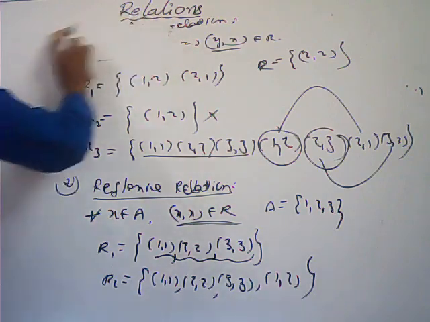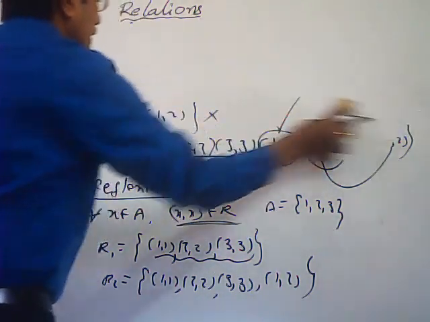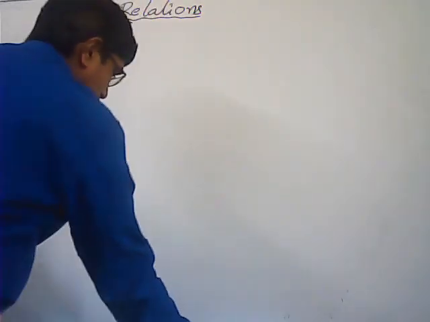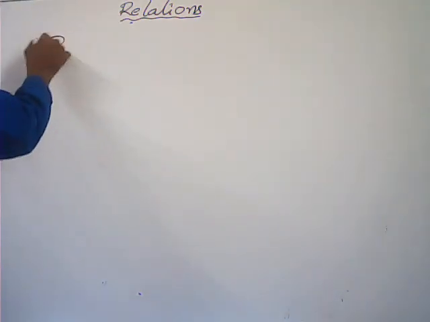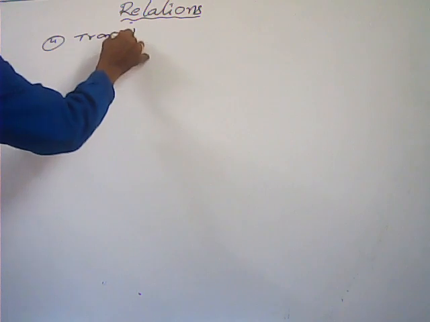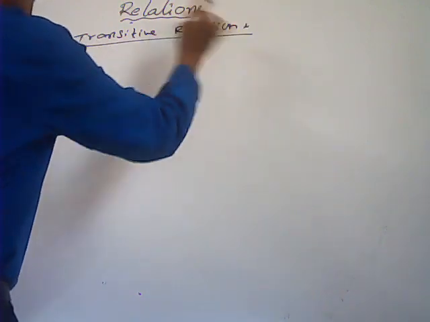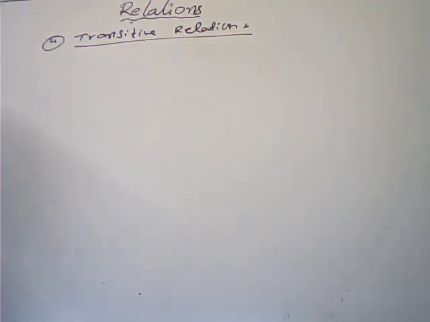Now, transitive. Everyone will get confused here. In every book, if you revise any book, everywhere they give only one definition. Fourth one, transitive relation. Reflexive and symmetric are both easy to learn, but with transitive, everyone will get confused. And in the second video class, I am explaining different model questions based on these 3 definitions, so don't miss that second class.